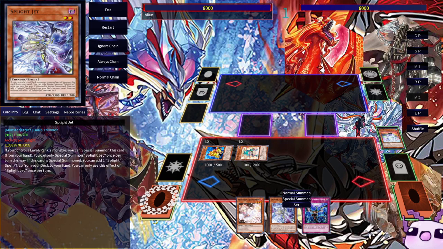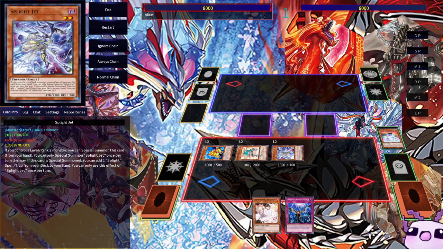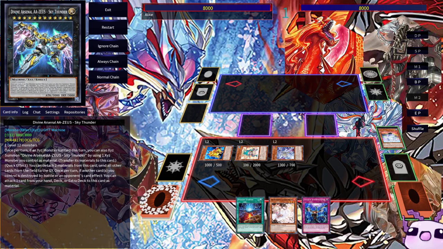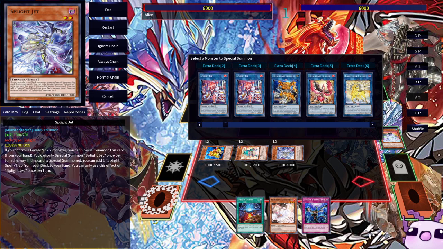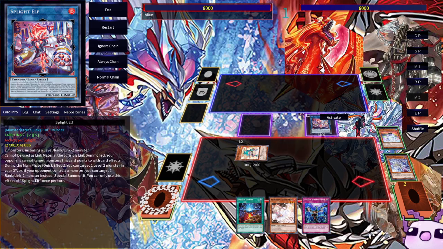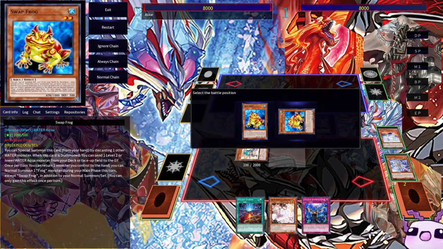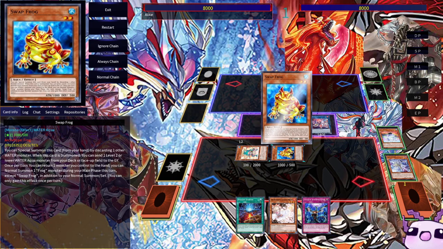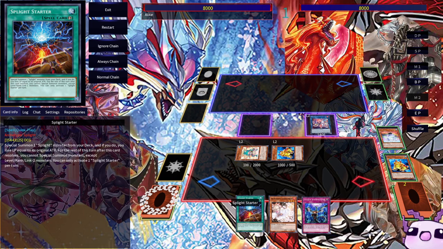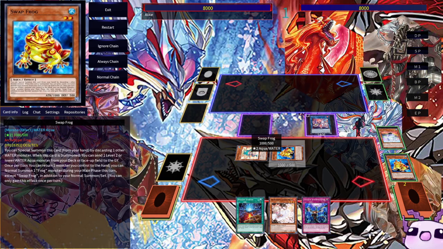So now we get to special summon out the Jet and use Jet's effect, and we're going to be searching out Splight Starter since we didn't draw it, but that's absolutely fine, because what we're going to be doing is going into the Splight Elf, use Elf real quick, and we're going to special summon back the Swap Frog, and Swap Frog is going to trigger, and that is where we're going to be sending another Swap Frog, where it can go up into Totally Awesome,